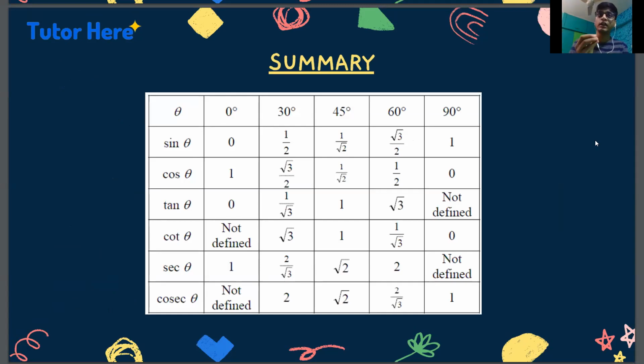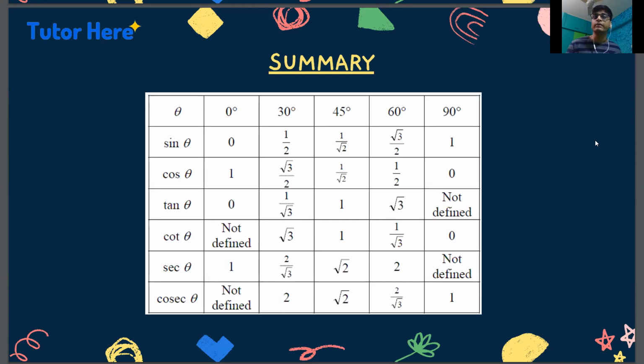Now, in the row of sine theta, just write 0, 1, 2, 3 and 4 in the respective columns. Now, divide by 4. Whatever answer you get, just let it be in fraction, don't make it decimal. Now, take the root of whatever remains. If you observe, you'll get all the values of sine theta. Did you get it? So, for cos theta, simply reverse the values of sine theta. If you observe in the table, cos theta is the reverse of sine theta.